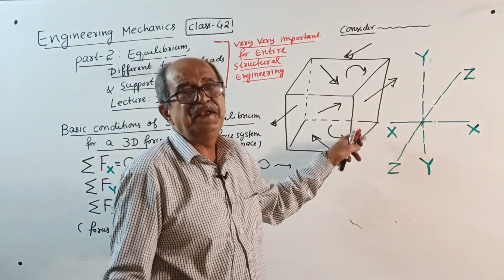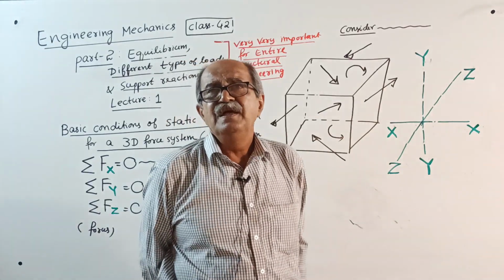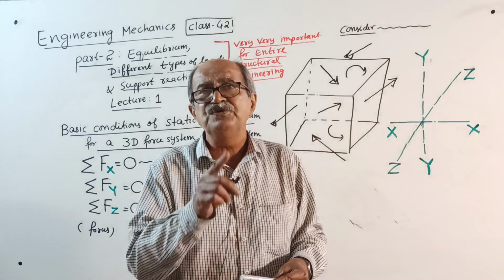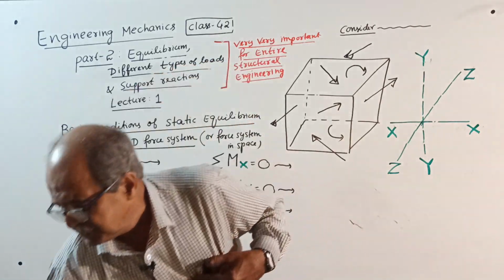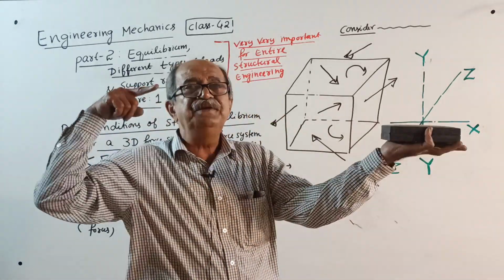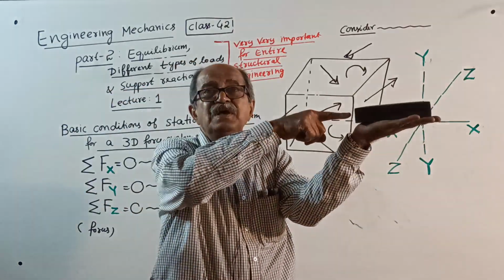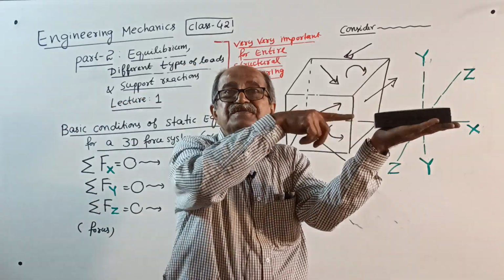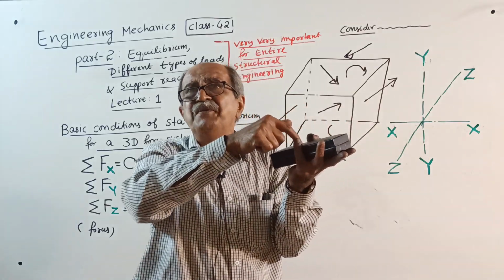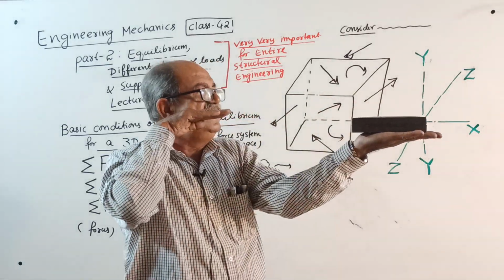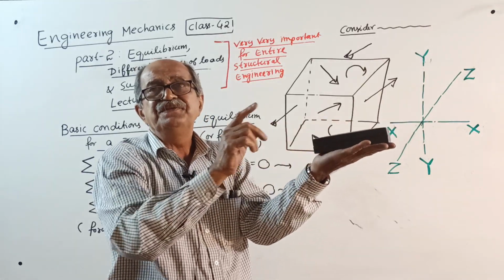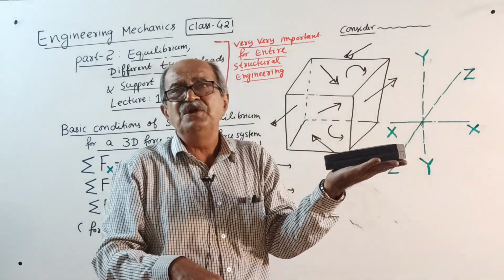When a force system is acting on a body, what will happen? You should write all these things; in the notes I will put sketches. Suppose the force system reduces to a resultant force. If the resultant force passes through the centroidal axis, that is, the axis passing through the center of gravity of the entire body, then it will give only translation. But if the line of action does not pass through the center of gravity,